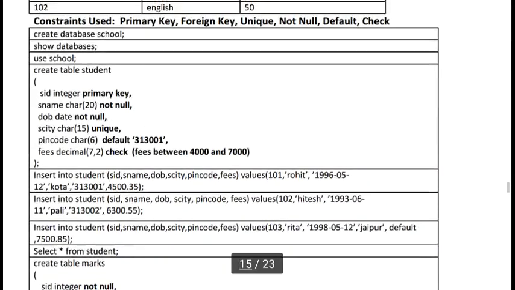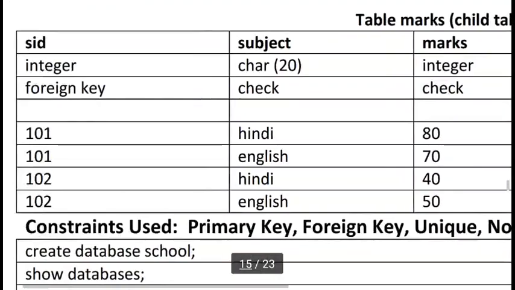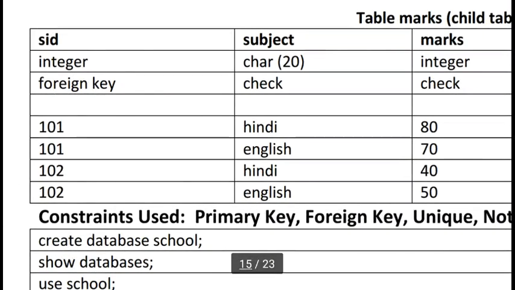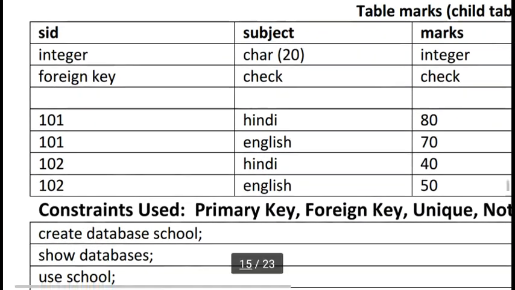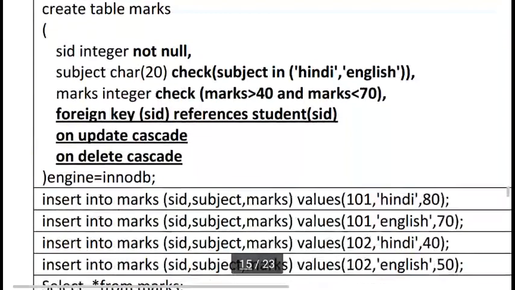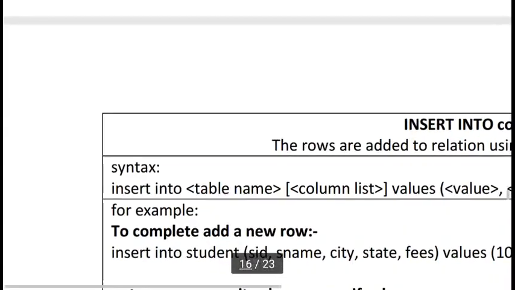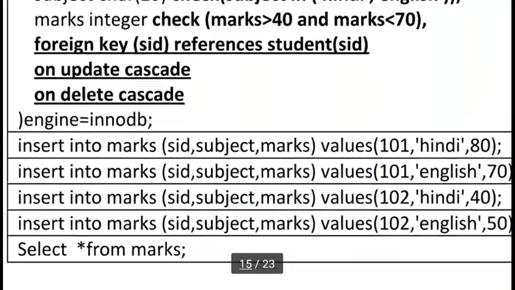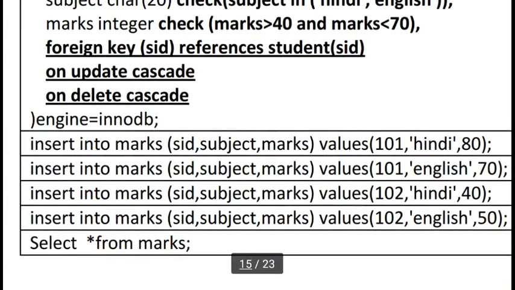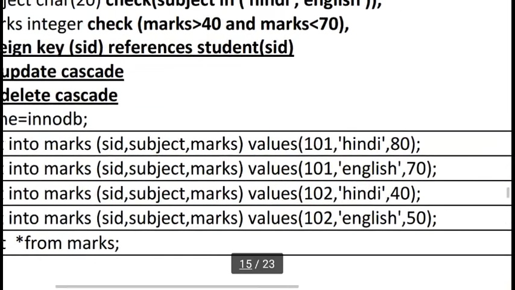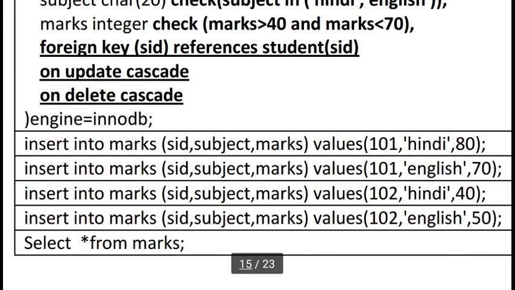And we can also insert these records: 101 Hindi 80, 101 English 70, 102 Hindi 40, and the last is 102 English. So you can see I am inserting these records: INSERT INTO marks with SID, subject, marks, VALUES 101 Hindi 80, then 101 English, then 102 Hindi 40, and last 102 English.